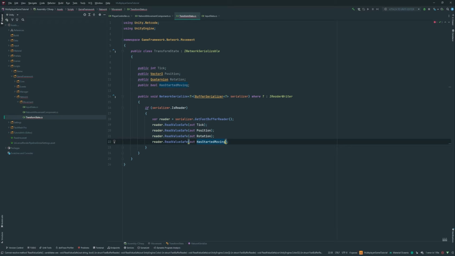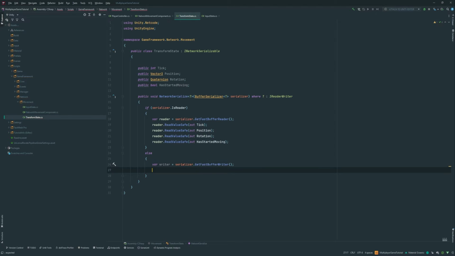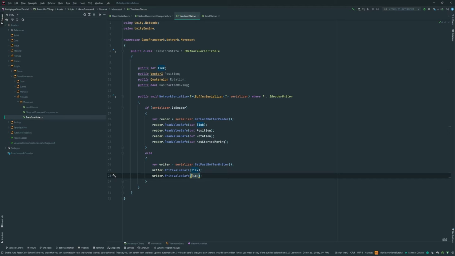So basically, if you're not a reader, then you're a writer. We're going to say writer equals serializer.GetFastBufferWriter. And then we go writer.WriteValueSafe, and we pass it the tick, then the position, rotation, and HasStartedMoving. And here we go. Now we have a TransformState that can be used as a network variable